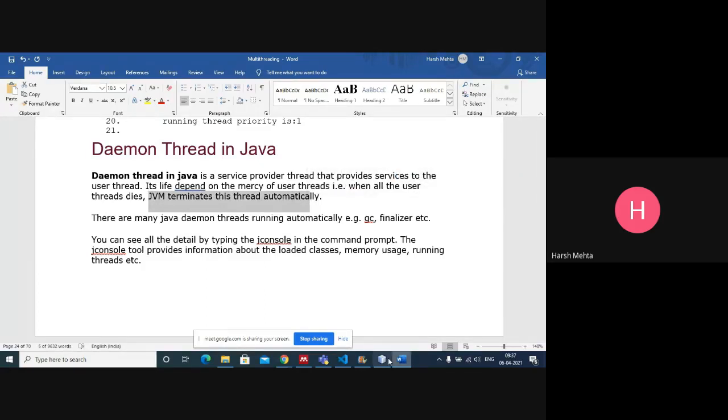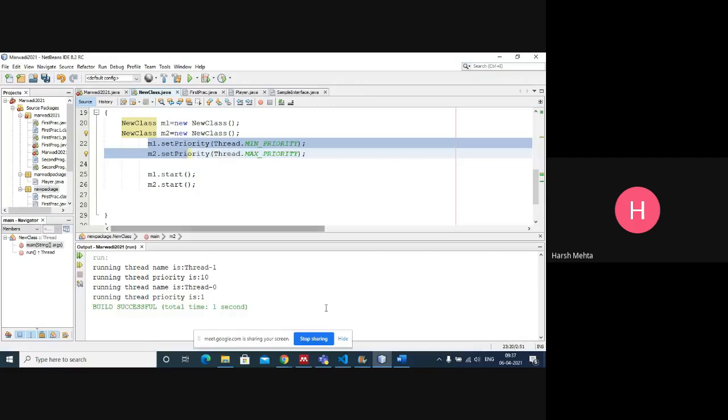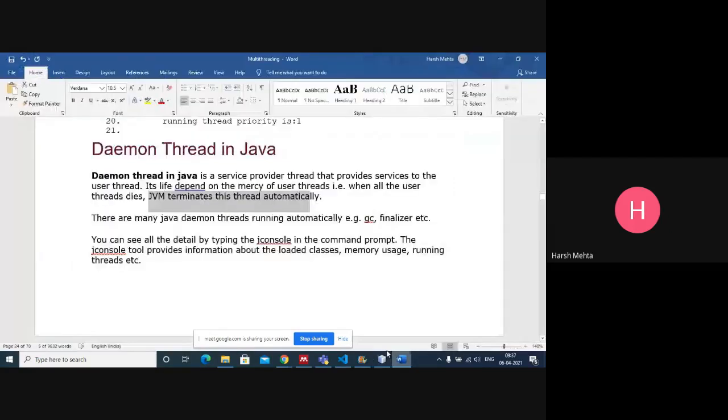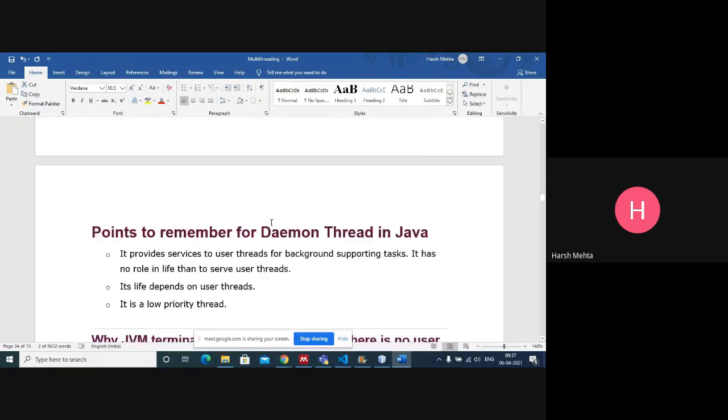So a daemon thread is for what? To serve the user threads. M1 and M2 are user threads; to serve them, we have daemon threads. There are many Java daemon threads running automatically, like the garbage collector and finalizer. We can see all details by typing jconsole in the command prompt, and the JConsole tool provides information about loaded classes, memory usage, and running threads.